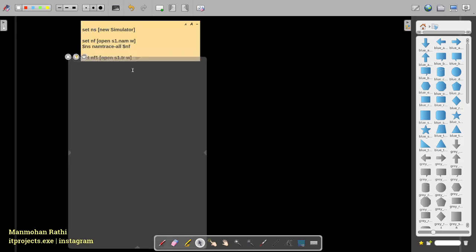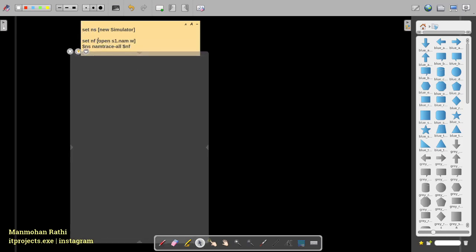Okay, the next line is set nf open s1.nam. The file in which we are going to code is a .tcl program, but it runs on the simulator, which needs a .nam file to store the data that will be created, which I'll show you later.